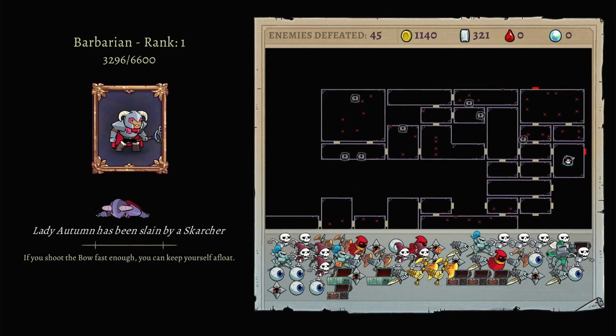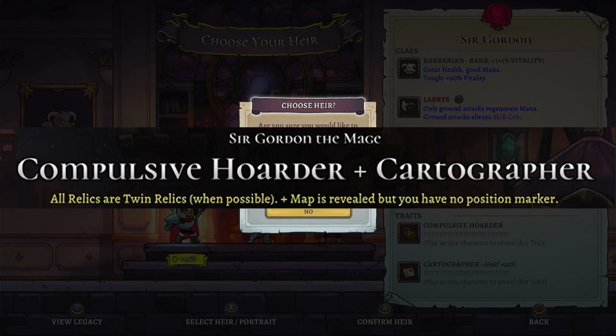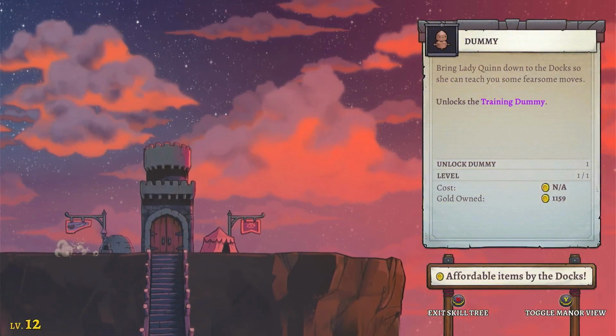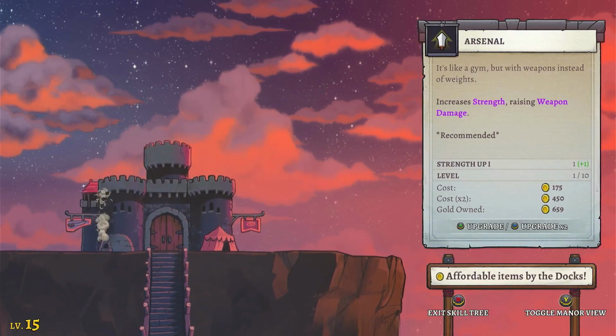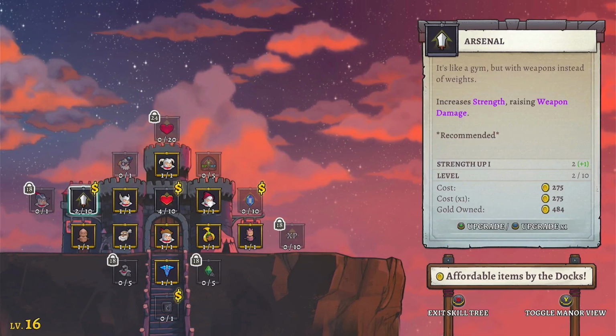No. With the death of Lady Autumn, we move on to a new heir. We pick Sir Gordon, a barbarian who's a compulsive hoarder and a cartographer. We also do some upgrading. We unlock the training dummy, the mage class, which we switch to, and the Valkyrie class, which we do not switch to. We do a strength upgrade and follow it up with one more strength upgrade, and then 2 intelligence,